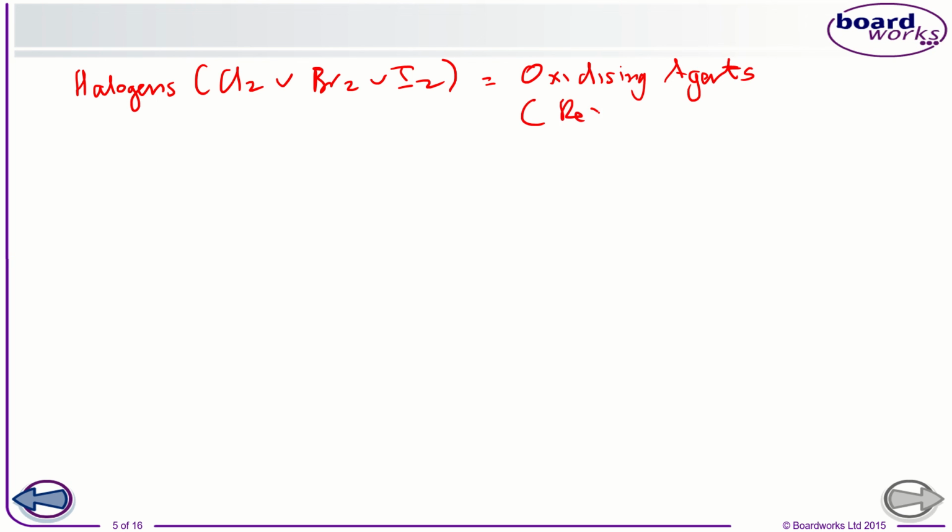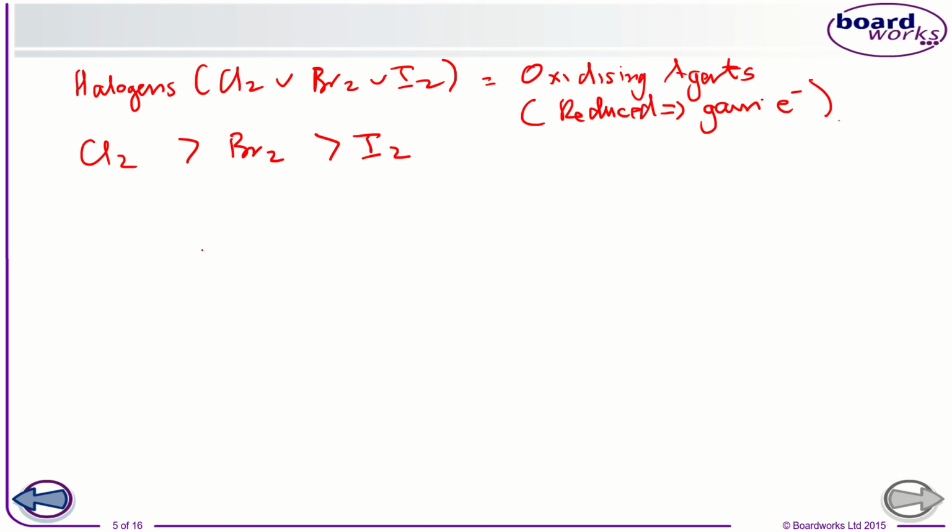Now what happens to oxidizing agents? Oxidizing agents themselves get reduced, and if something gets reduced, it gains electrons. So let's look firstly at, same as we did last time, why is one a better oxidizing agent than the other? Well, I'll tell you: chlorine is a stronger oxidizing agent than bromine, which is a stronger oxidizing agent than iodine. So, not unsurprisingly, the opposite order to the reducing agents, except the reducing agents were obviously the halide ions. Right, so let's look at why that would be the case.